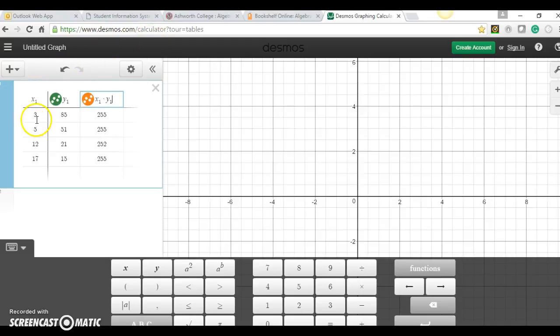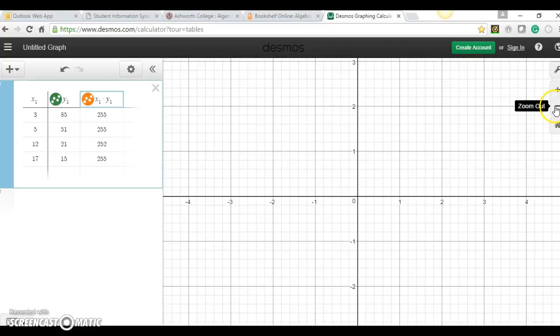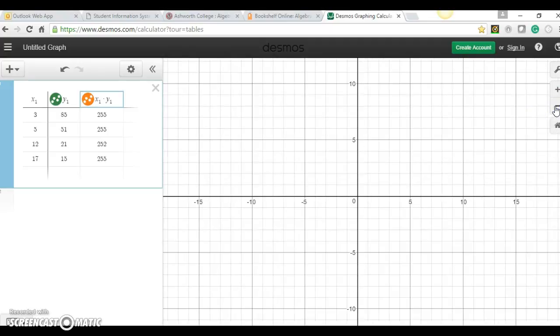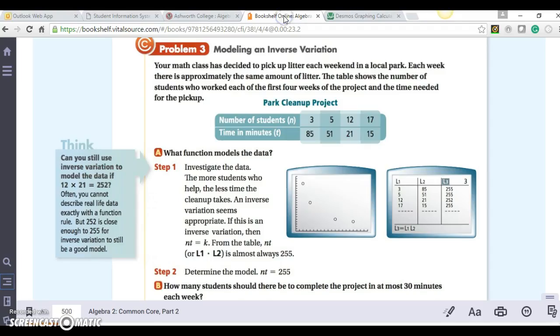And as you can see, we have 3, 85, 5, 51, 12 students, 21 minutes, 17 students, 15 minutes. And let's graph it. Oops, not zoom in, but zoom out. There we are. And so that's kind of what my graph looks like. Same thing here that they